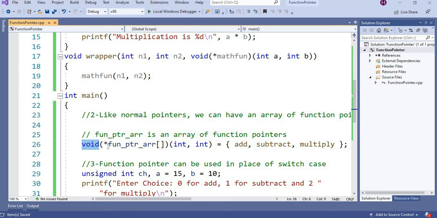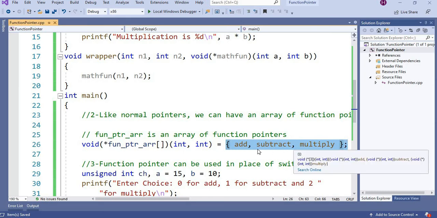Return type, star, function pointer array name, the array symbol, and param, and you need to assign all the addresses of the functions.